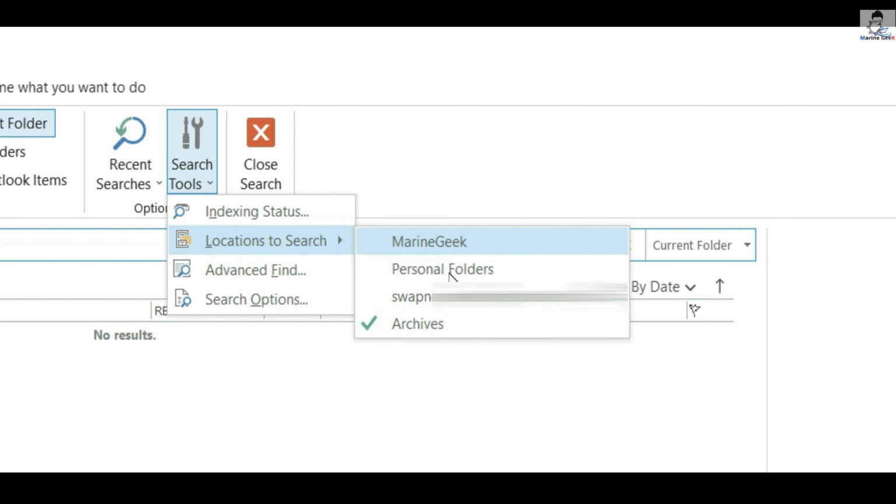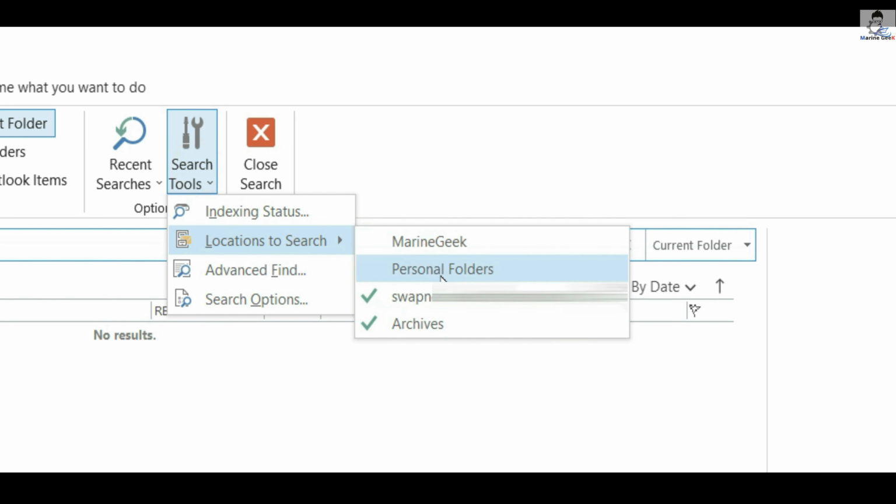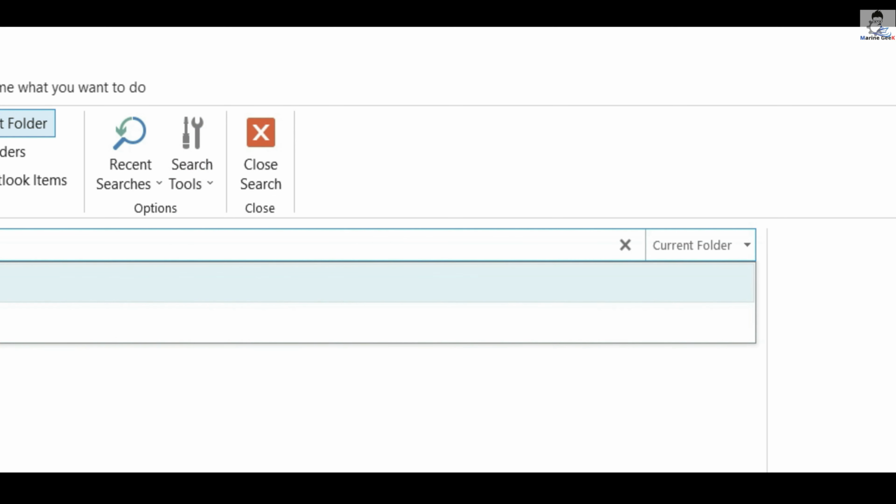So from here you can restrict the search to any folder or any PST file in question.